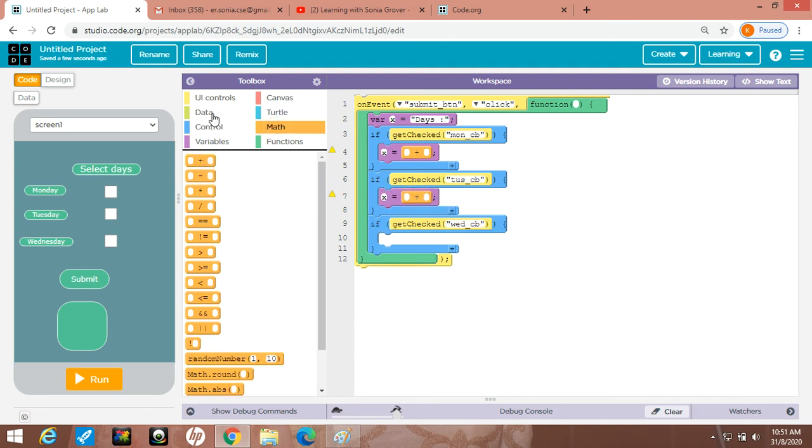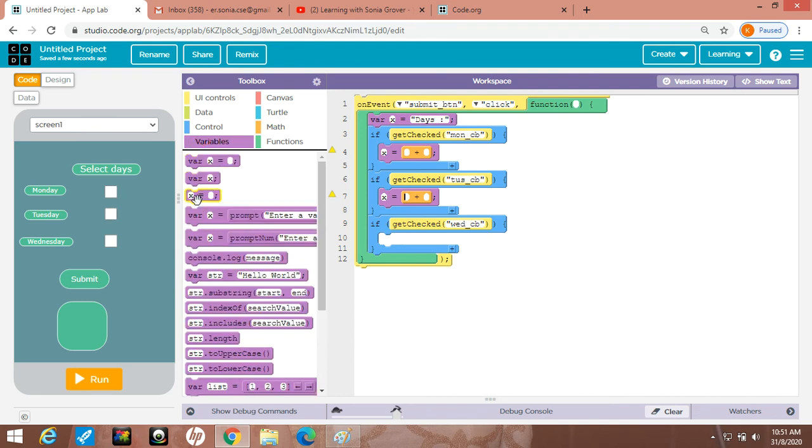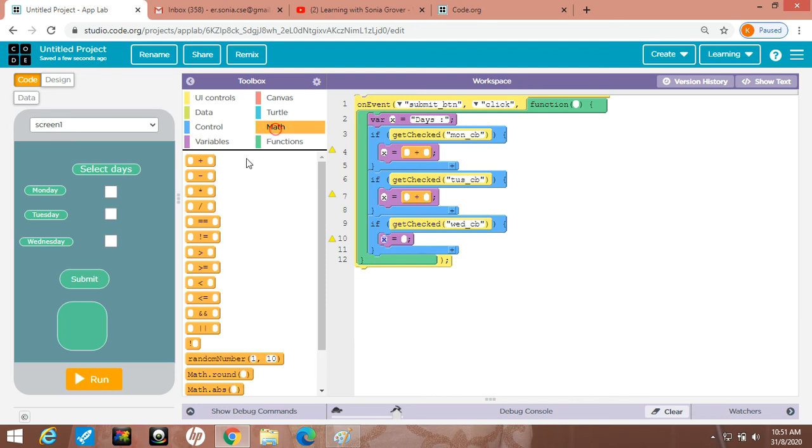In the same way, again for Wednesday, X is equal to, plus for concatenation. Here what I will store is whatever is in the X, so I am taking X plus here. Here I am also taking X plus. Here I am also taking X plus. If Monday is checked, the Monday should come here. I will write in double quotes Monday like this.